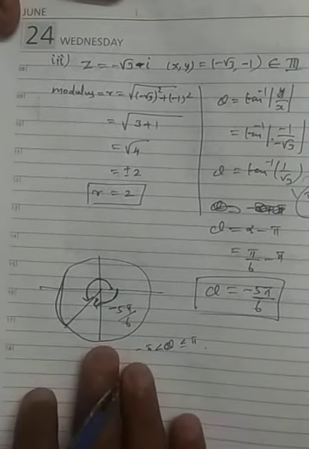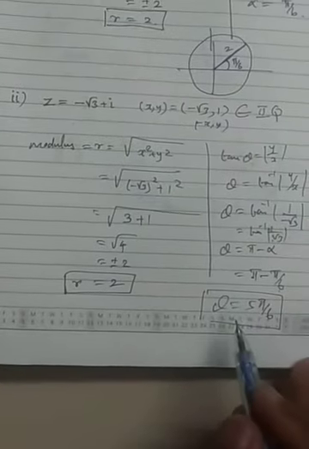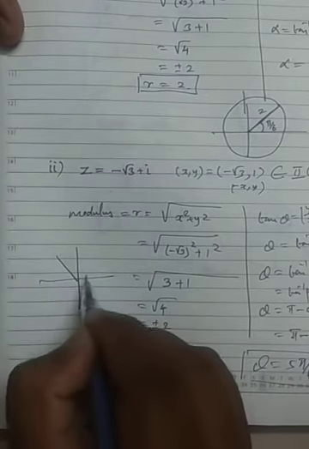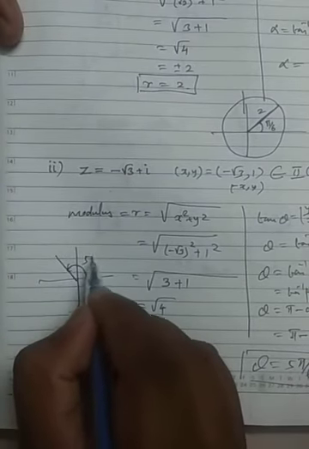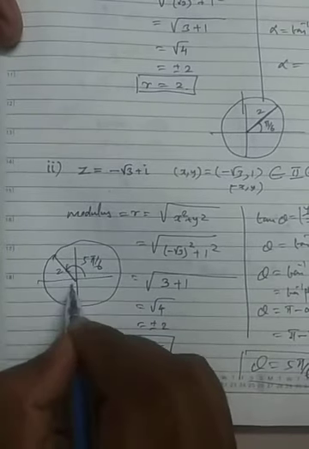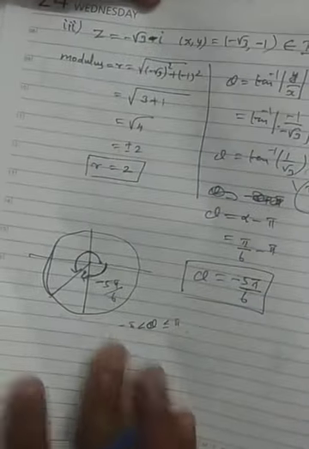So this is the value if theta lies in the second quadrant. I didn't do the second one, so I just want to do the diagram alone. You can see here it lies in the second quadrant. Now the theta value will be like this. Here 5 pi by 6 will come, and this is 2. If you draw it on a diagram, it will be second. Here you can see first, second quadrant, and here it is coming in the third quadrant.